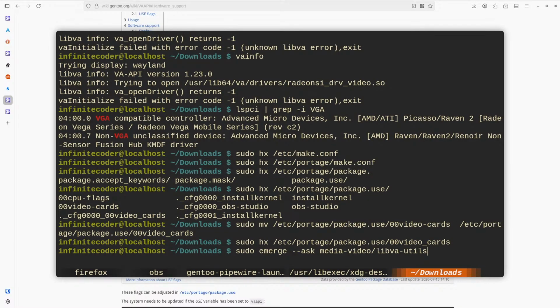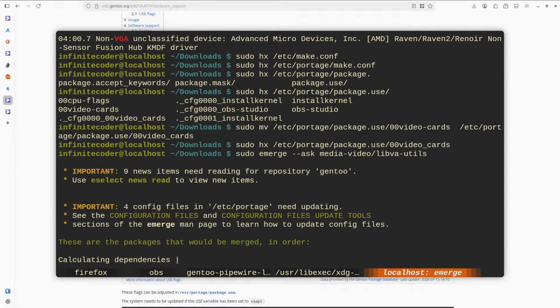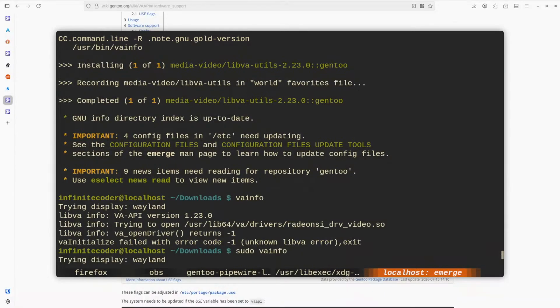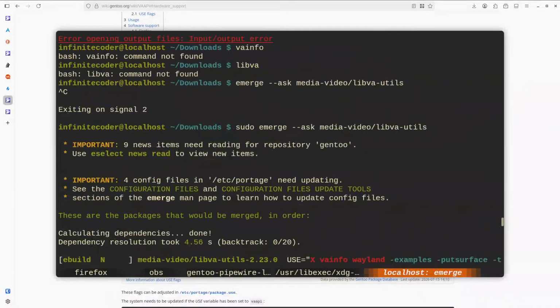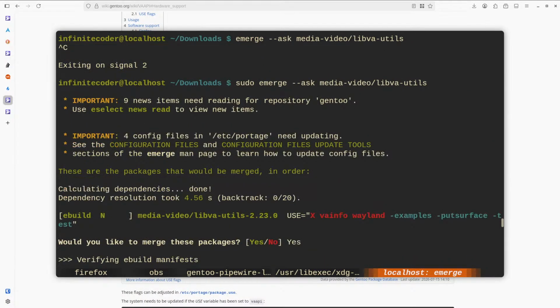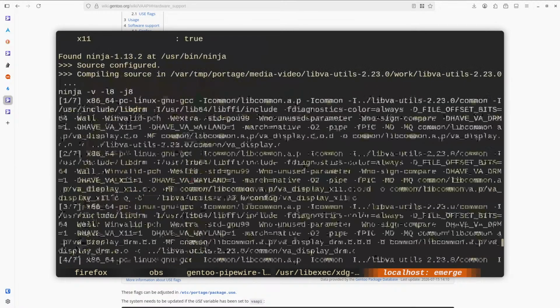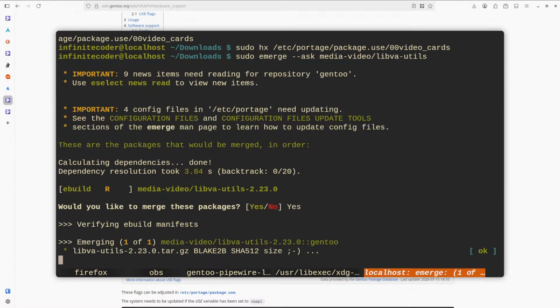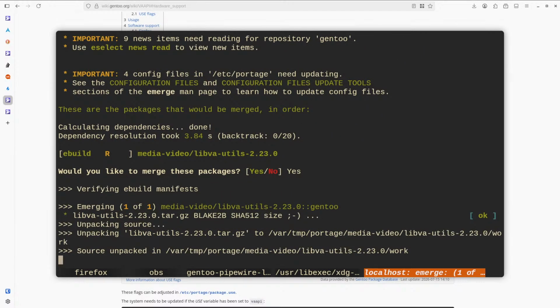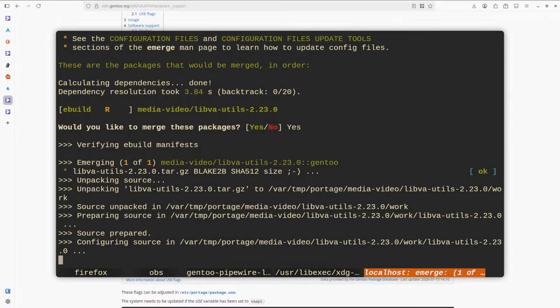Now if I merge libva-utils again, it should, so if we take a look at the last merge, it will say that something is broken somewhere, right? I mean, it used to say that your GPU stuff is broken. Because I don't know how to actually properly install multiple GPUs in Gentoo.